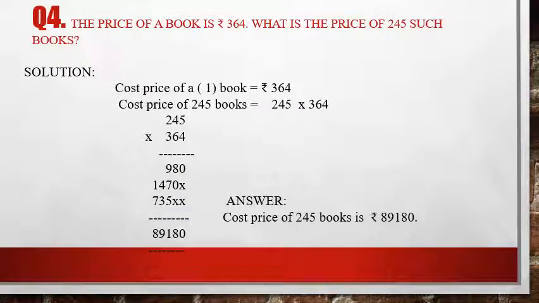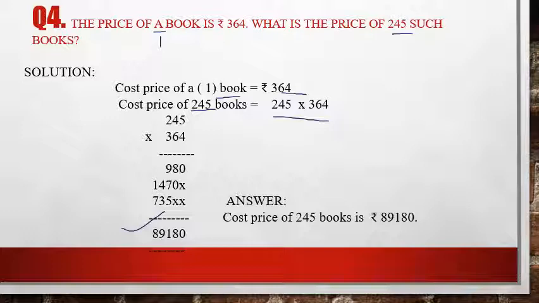Next, the price of a book is rupees 364. A book here means, students, 1 book. What is the price of 245 such books? One book's price is 364 rupees and we have to find the price of 245 books. If we know the price of one book, we can easily find it. So what you will do here is multiply both and you will get the answer here